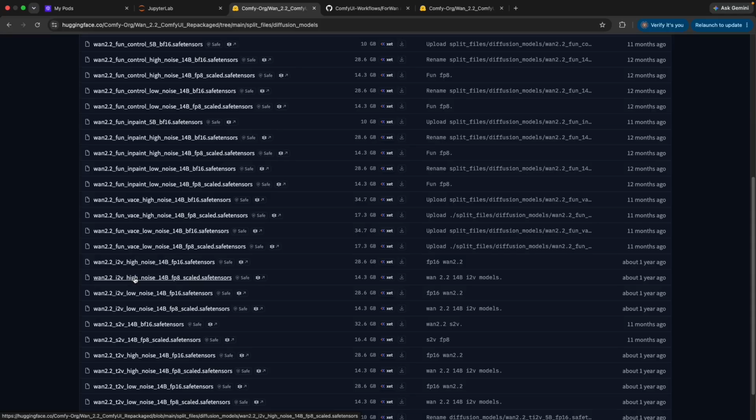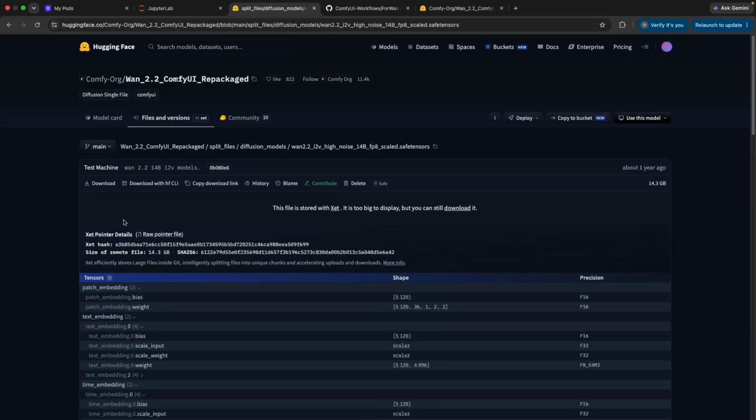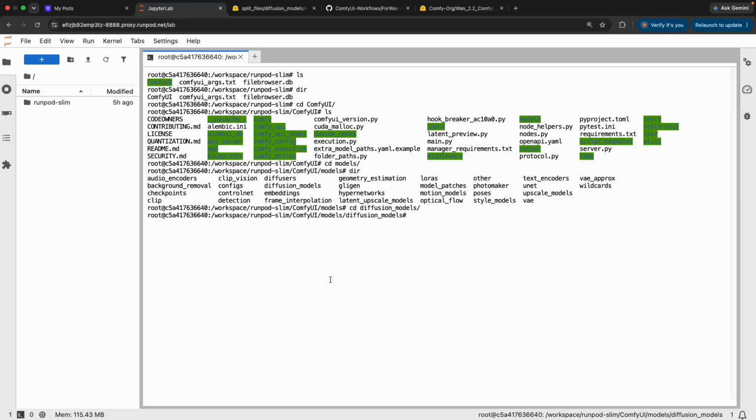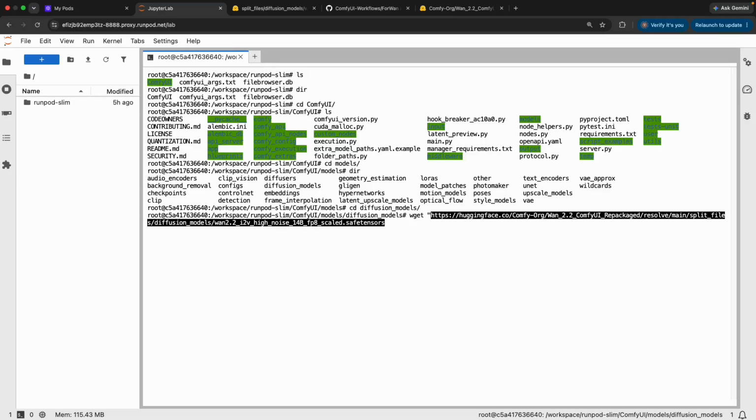And you're going to want to come over and click on it, and then you are not going to want to click download, because that will download it to your current computer, and you don't want to download it to your computer. You want to copy the download link so that you can install it over in Jupyter Labs. And we're going to use wget, and then in quotation marks we're going to paste in that link and then close our quotation marks and do